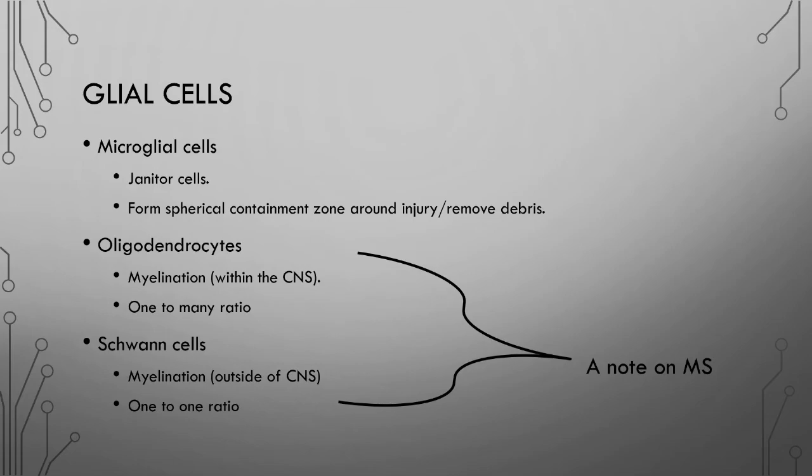A note on myelination in the brain, we've probably all heard of a disorder called multiple sclerosis, or MS for short. This is a demyelinating disease in which this process of myelination is broken down. So there's a breakdown and loss of this insulating myelin sheath. And you can look up details about MS on your own time, but eventually the outlook on patients with MS is not very good. So these glial cells, in this regard, play a very vital role in the brain.